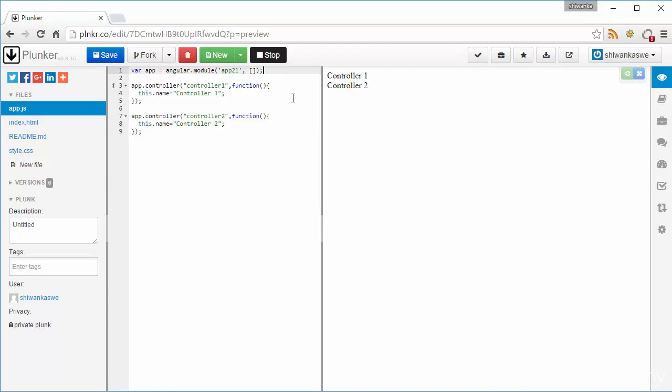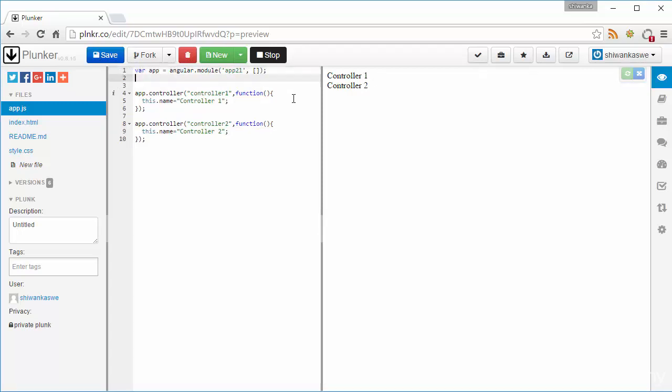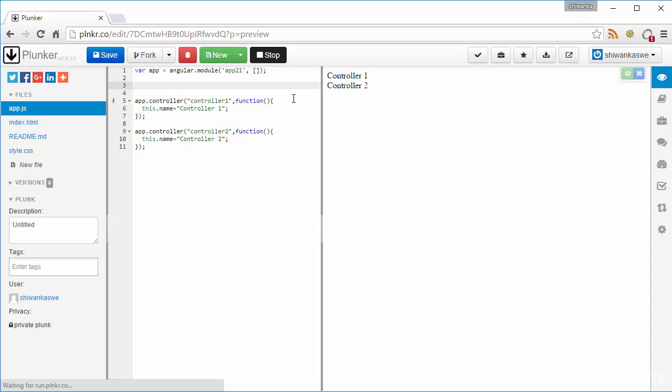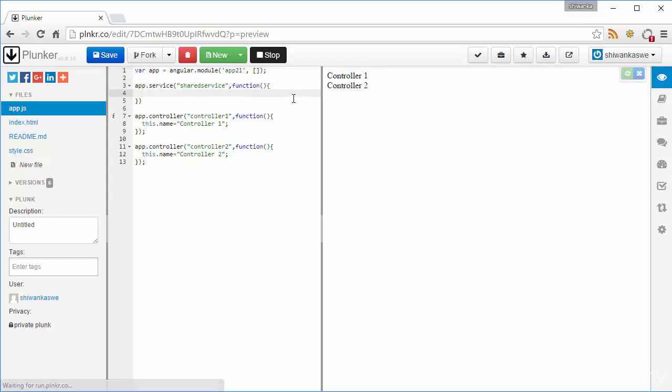I am going to create a service to share the variable, app.service, and I'm going to name the shared service as sharedService, and I'm going to equal a variable called sharedService, and that sharedService is equal to this service, and